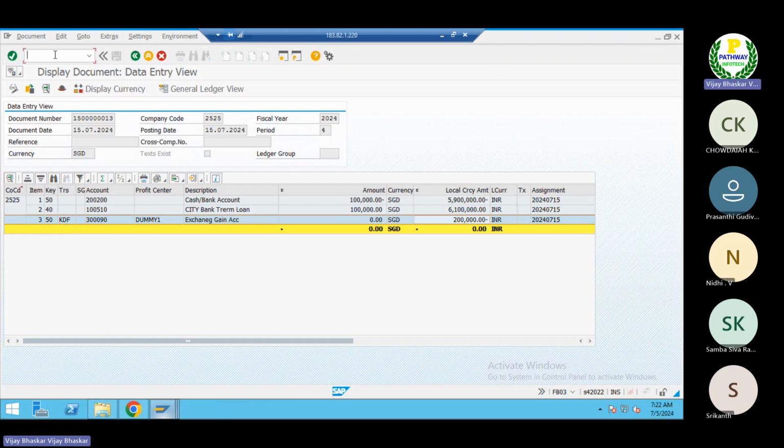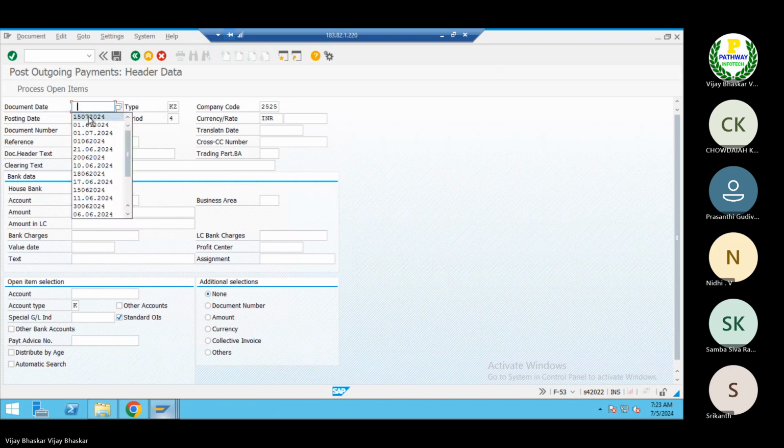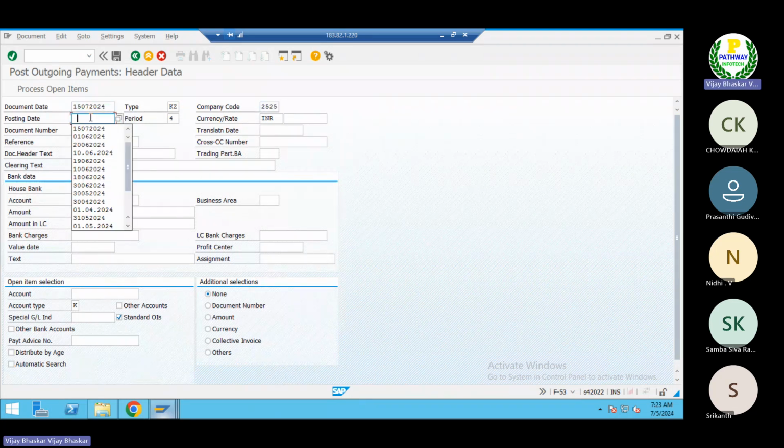Okay, remember, for this one don't run any foreign currency revaluation, because these are actual postings which we are performing now. Okay, actual postings. Then /n F-53, where I want to make payment to the vendor. Okay, now 15th.